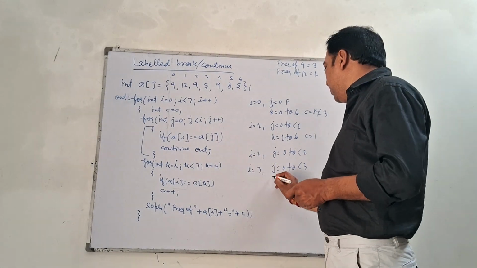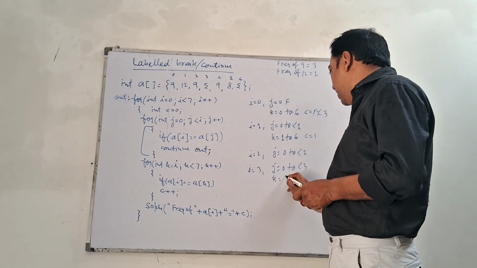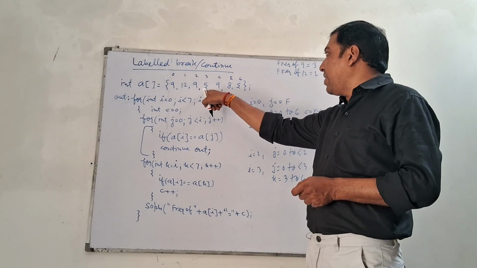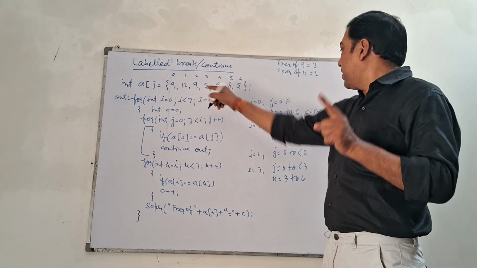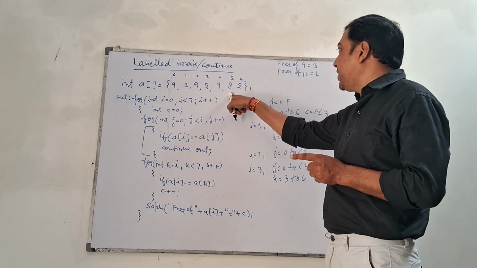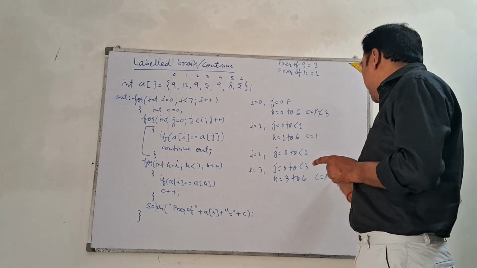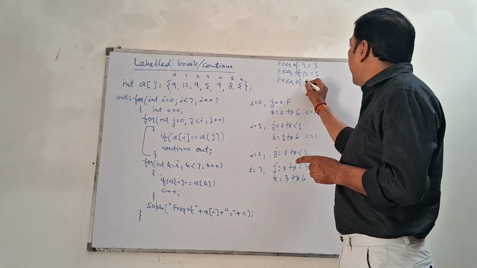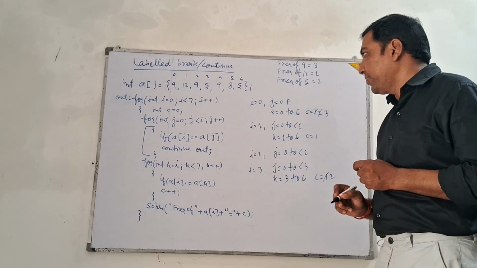So the k loop will begin from i plus 1, that means 3 to 6. That means 5 is present on 3 number, counter is 1. 5 is present here? No. 5 is present here, 5 is present here, counter is 2. So the next output you will get: frequency of 5 is 2 times. Now next time